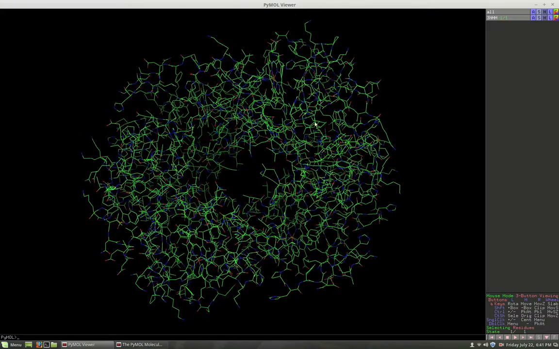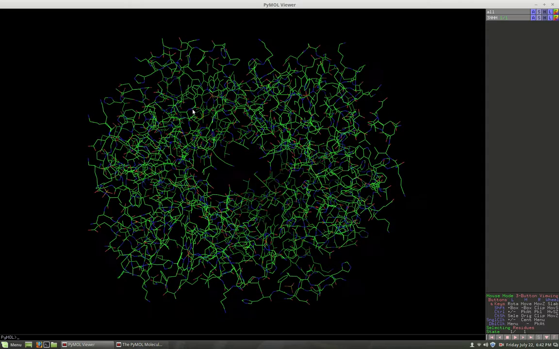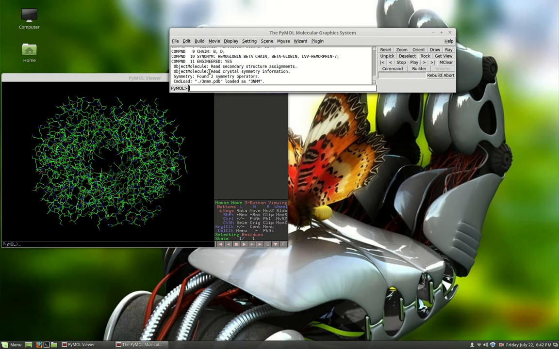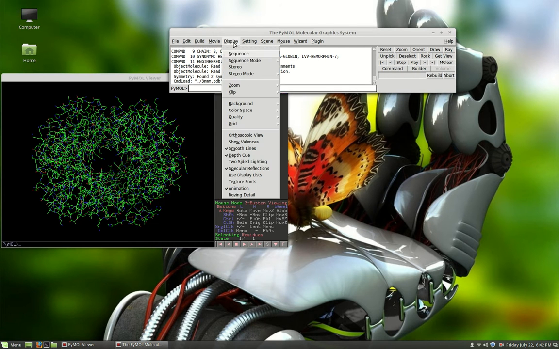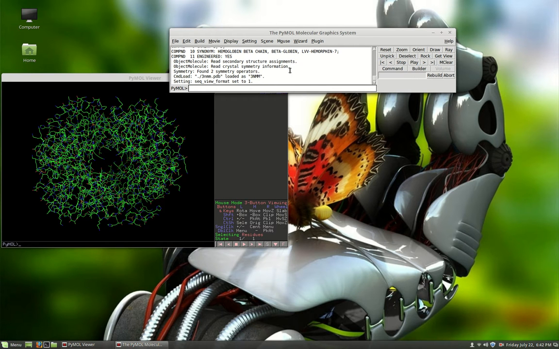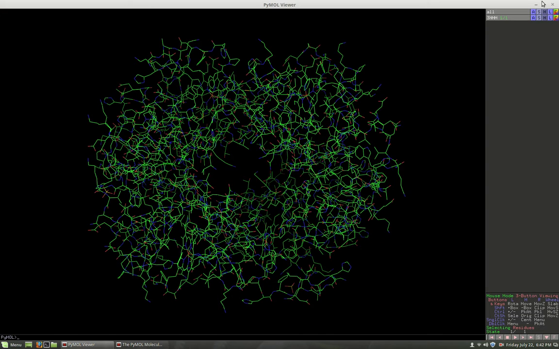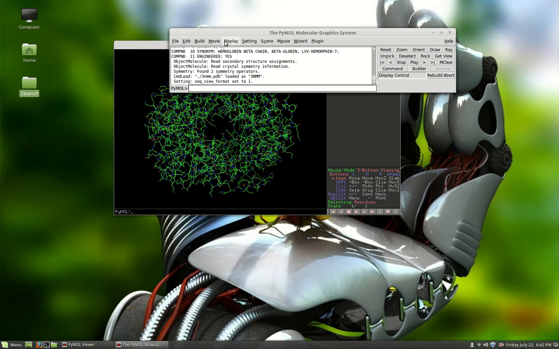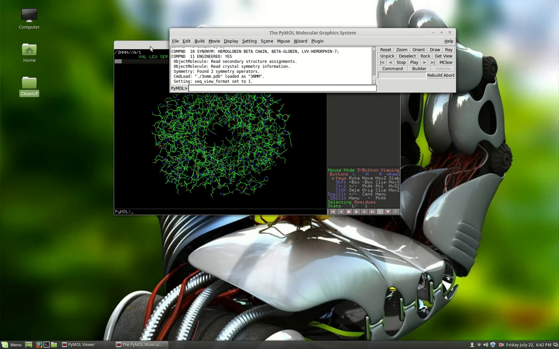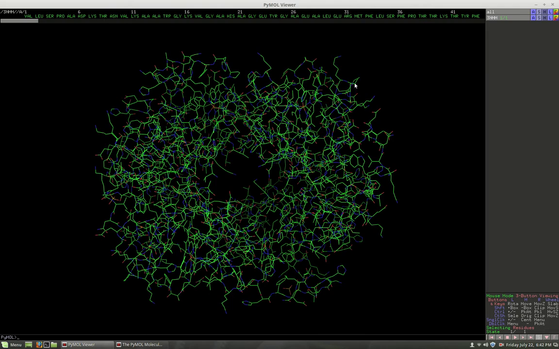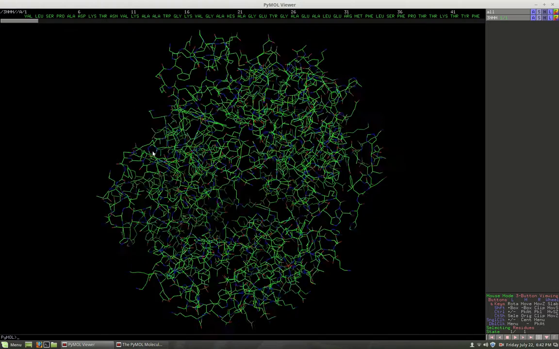Alright, one thing I also want to show you in this particular video is, let's go to the command GUI, and I want to go up here to display, and I want to go to sequence. In fact, we want to go to sequence mode. Alright, and we want to see residues. Now when we do that, oh, we didn't get it. Display. Oh, okay, just hit sequence, not residues. There we go. Now as you can see, we have the amino acid residues for the sequence,